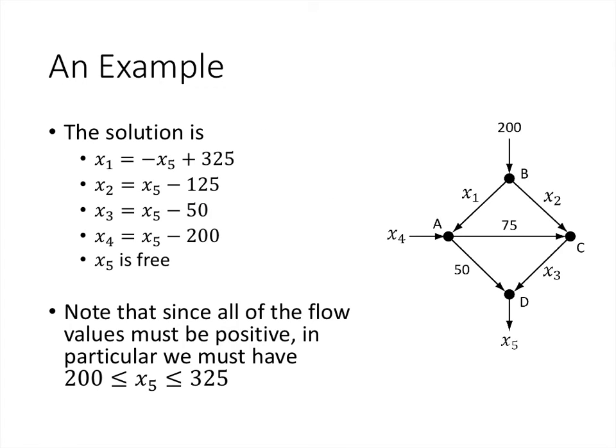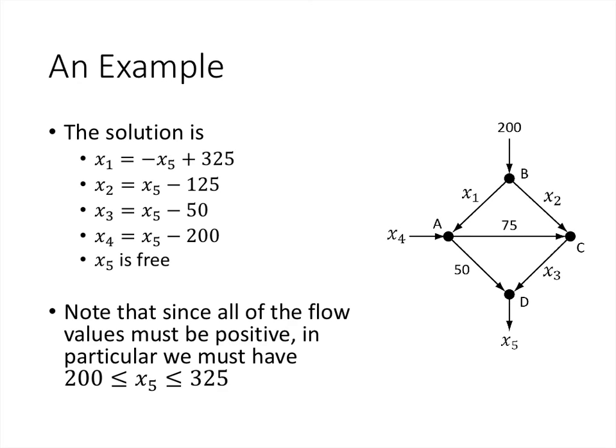So here's our solution. x1 equals negative x5 plus 325, x2 equals x5 minus 125, x3 equals x5 minus 50, x4 equals x5 minus 200, and x5 is free. Now, x5 is a free variable, but that doesn't mean that x5 can equal absolutely anything. All of these flow values have to be positive. It doesn't make sense to have negative cars